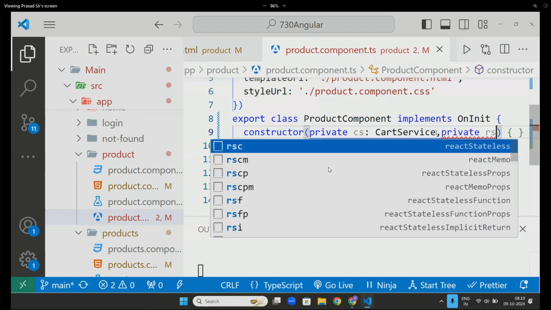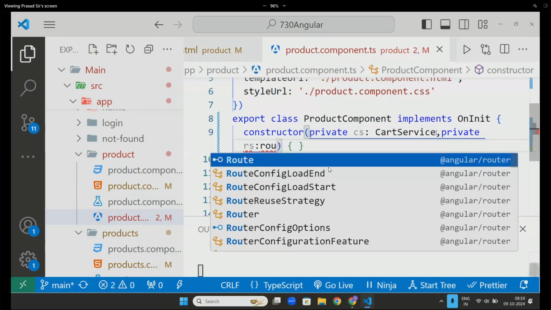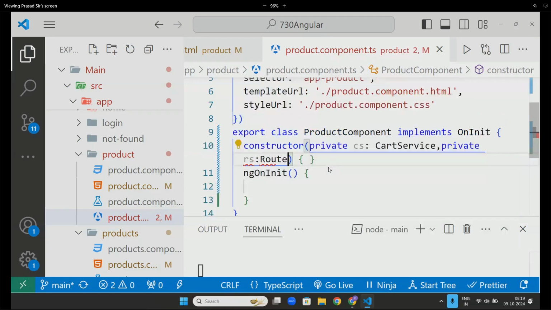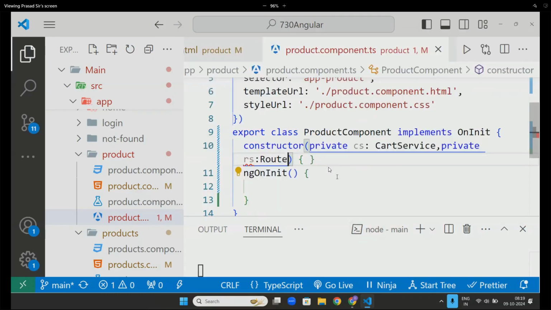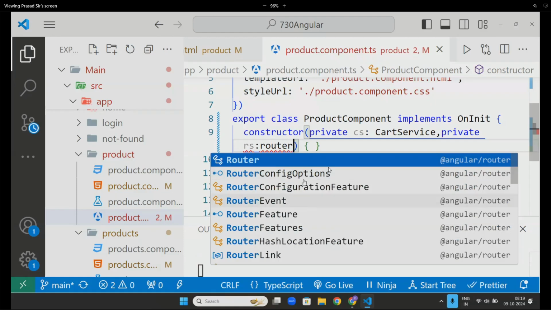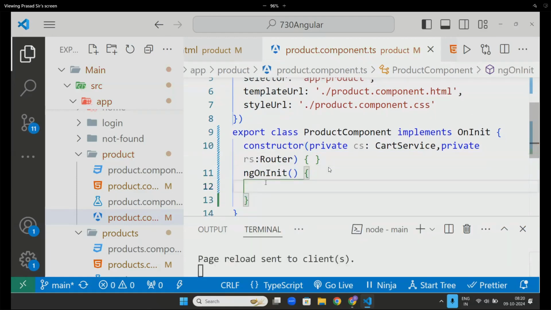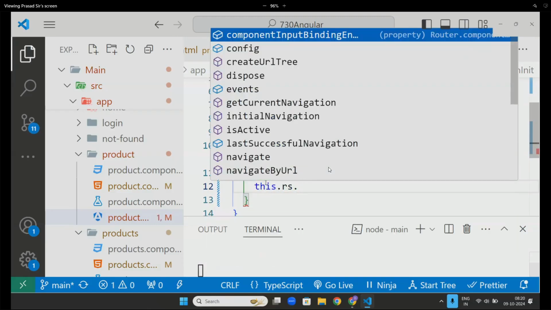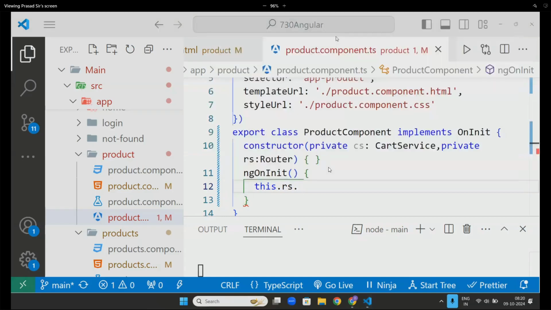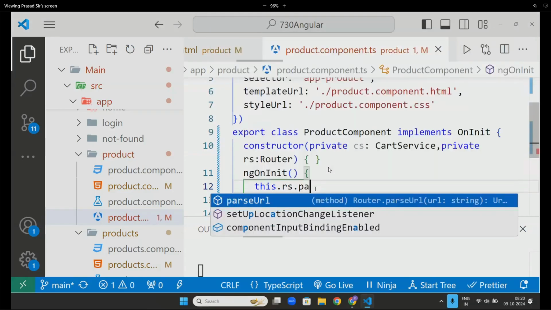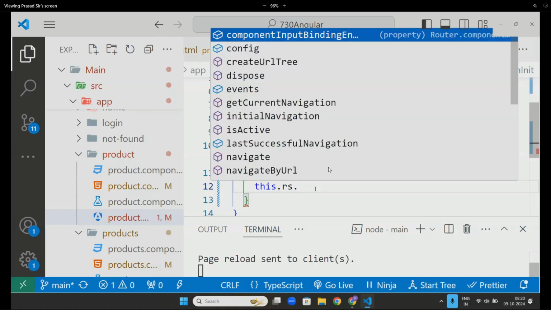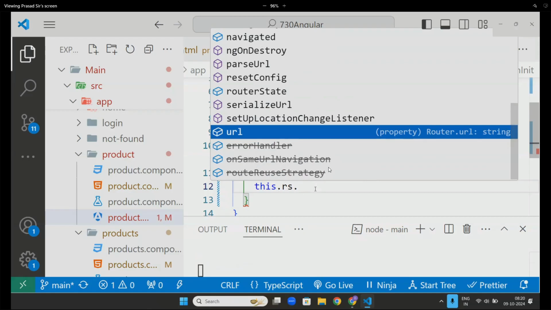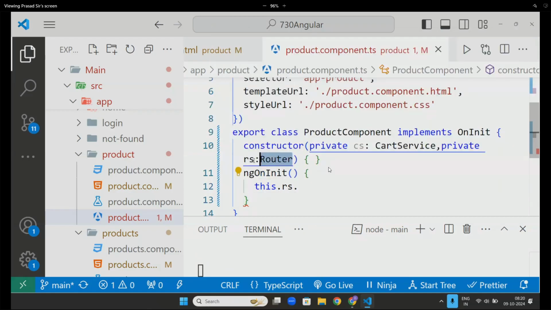Private rs, route. No, router. Now here, if I write this dot rs dot params, no. rs dot parameters, so not router. Then what can I do?